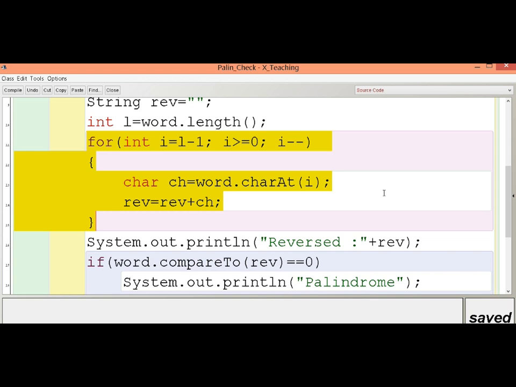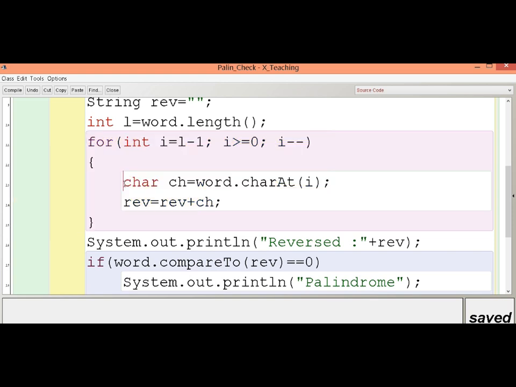Because L is the length, and the index numbers of the characters are always 1 less than the length of the word, because it always starts from 0. The condition of the loop is i greater than or equal to 0, meaning once it reaches the first letter at the left side, it will stop, and every time i will be decremented by 1. So i minus minus is used for that.